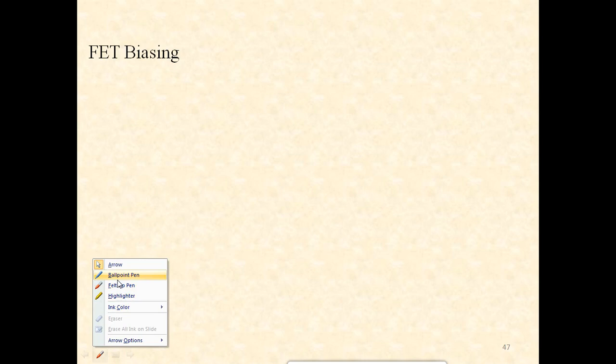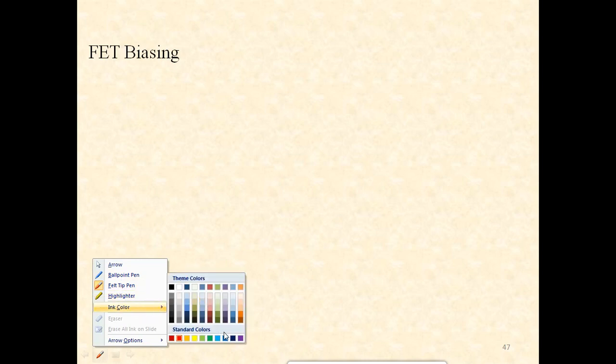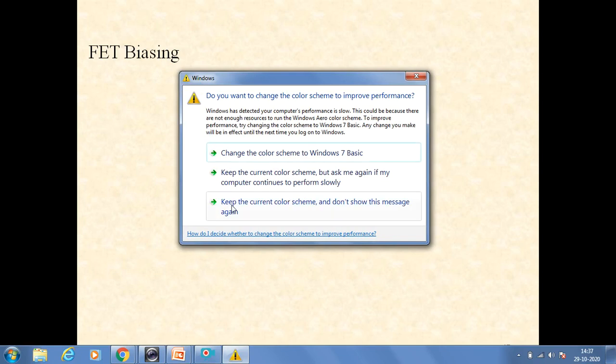In your basic electronics, you may have studied the biasing of bipolar junction transistors. I assume that you remember these things, but anyhow, we'll be discussing the biasing of field effect transistors in a lot more detail in this particular course.